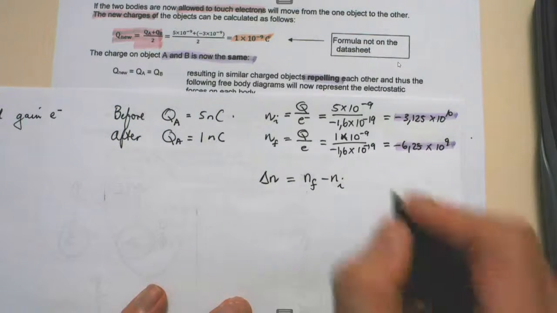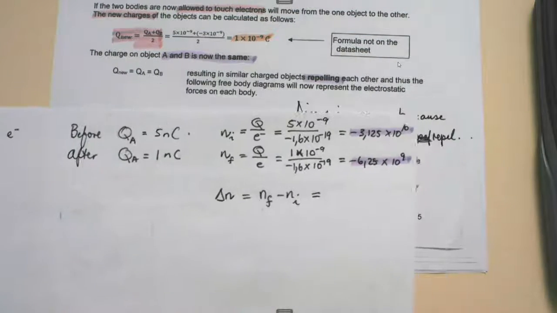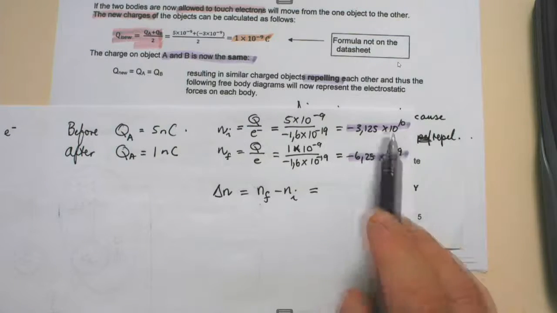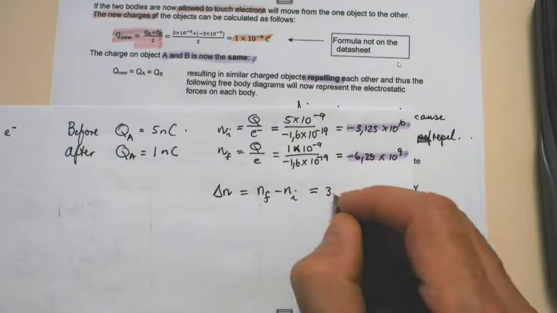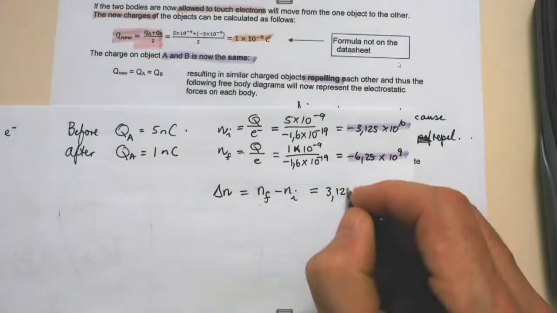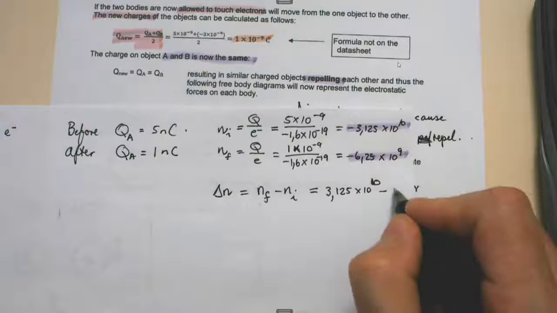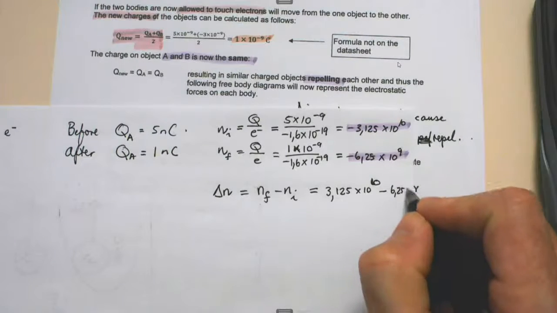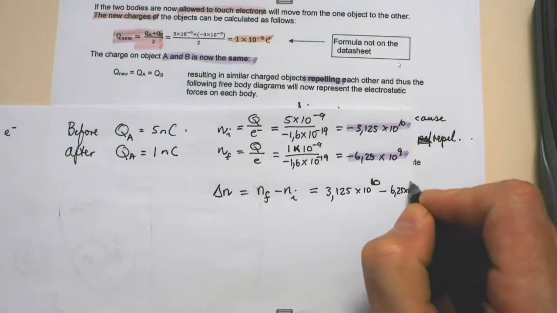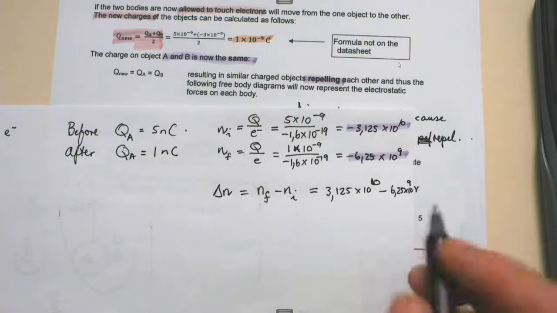So initially it had 3.125 times 10 to the power 10 electrons, no, sorry, 10 electrons more than the protons, minus 6.25 times 10 to the power 9, and I will get